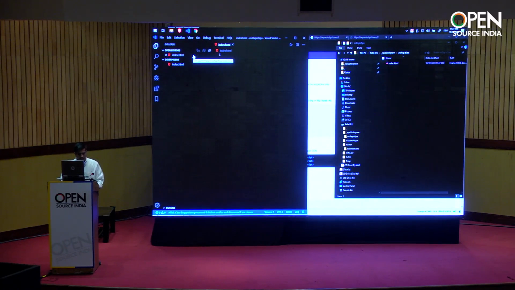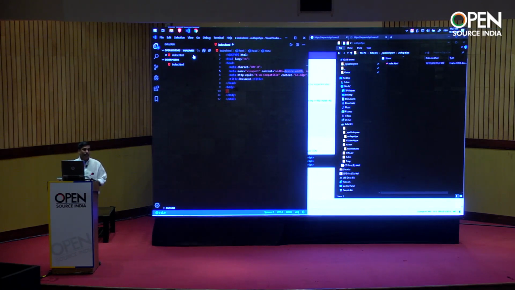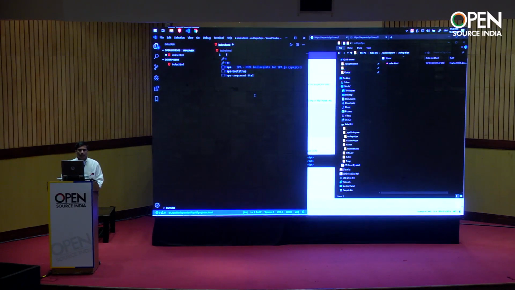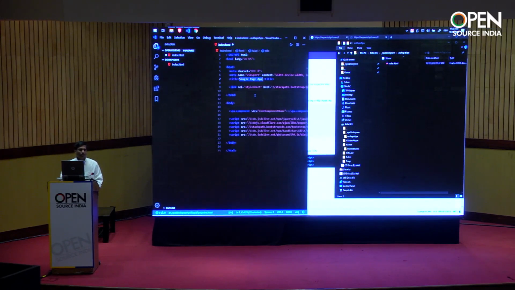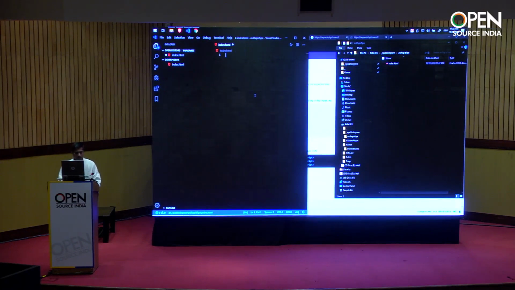In order to get the code quicker, I can use the Emmet shortcut. I can get my HTML right here. See, on the left side, I don't have any extra 100 MB of content coming in. I'm starting this project, so I can start with this. But in case you want to start even with the Bootstrap bundle, there's a shortcut for this. Quickly, let me demonstrate. If you say SPA, or SPA Bootstrap, you will get the Bootstrap CDN bundles immediately. So I'm going to start with a simple